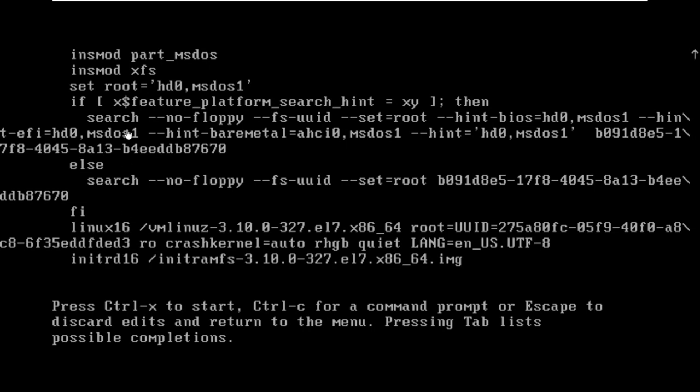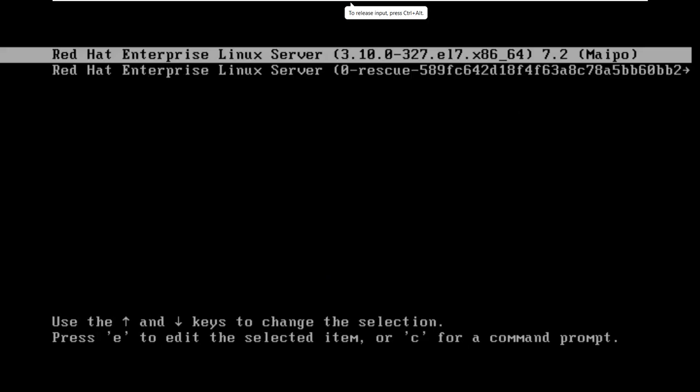Now you can change many parameters here, and you know what, by doing these changes you can even crack the password of the root administrator. So if you are having any problem, or if you want to crack the password for the root administrator, you can do it from here. Right now we will not do it, so I press Escape and go back to the normal menu.